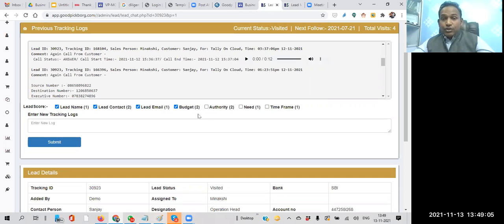If that person is not the authority, please try to connect and request him to transfer that call to the authority so that you can have a very short closure cycle for your lead. If you're not coordinating with the authority, it means the score again is not a high scored lead. We have also given this weightage because, based on expert feedback, this is more important while following the lead and maintaining the lead score.